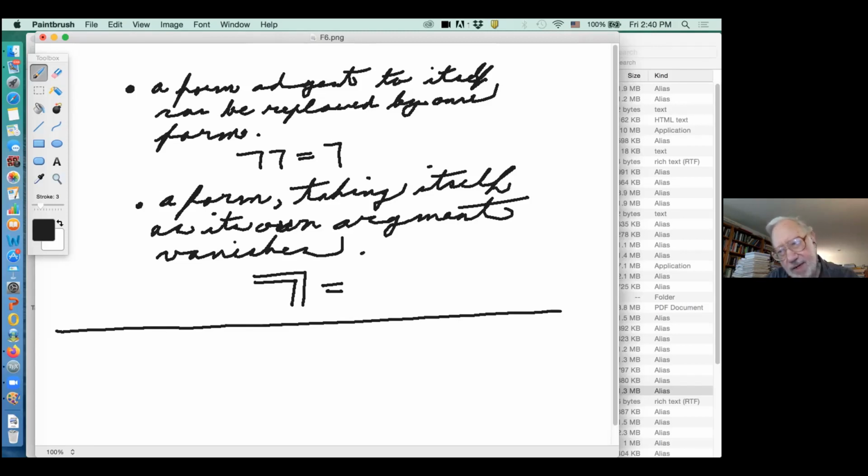A form can take itself as its own argument. A form can act on itself. And taking itself as its own argument, it can fit perfectly to itself and disappear. And those are the beginnings of laws of form, if you like. And this can be regarded as the basis, the semiotic or symbolic or self-referential basis that's worth contemplating.